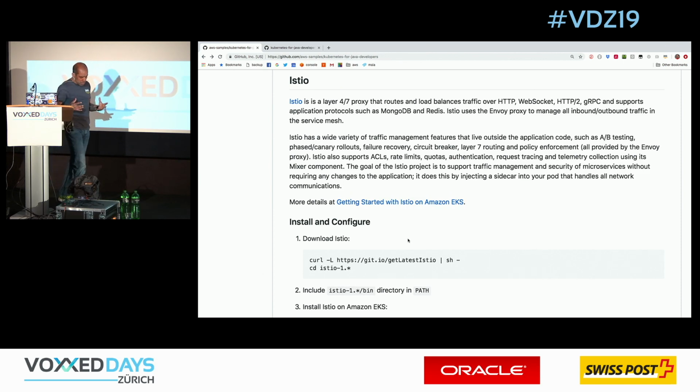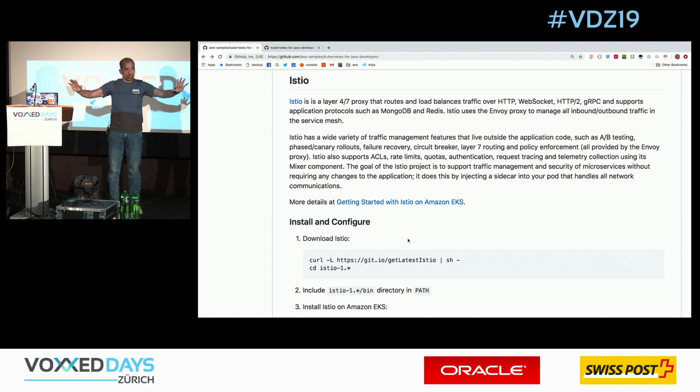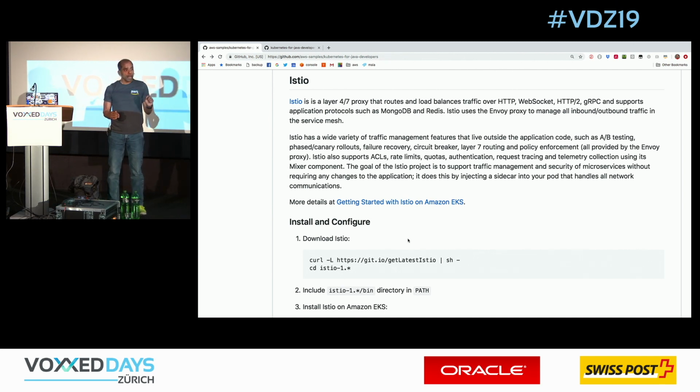So what is service mesh? Service mesh is essentially, think about your application running on the data plane, okay, which is basically the EC2 instances, lots of pods, and each pod has a single container in it. So what service mesh gives you is, it basically takes Envoy, which was a project built at Lyft, and injects this as a sidecar container in each of the pods. All the network traffic across the services does not happen directly between the pods.